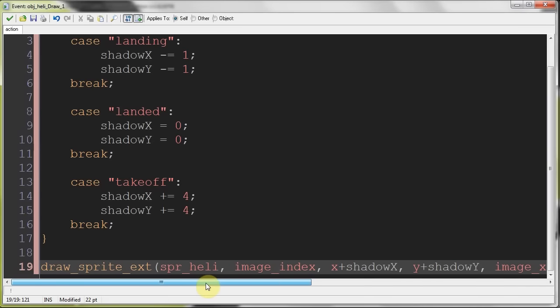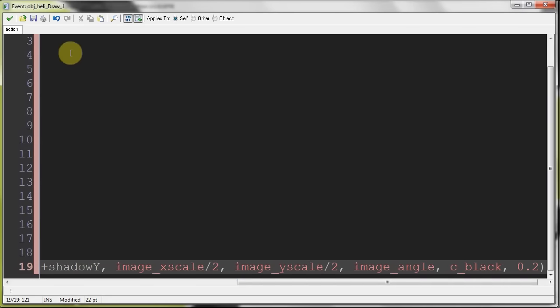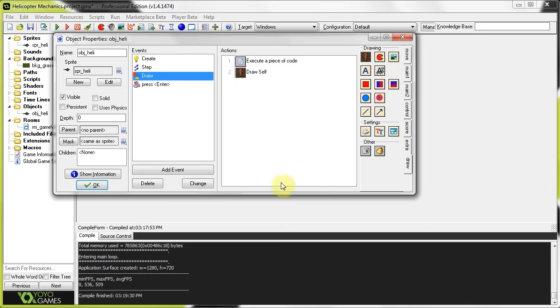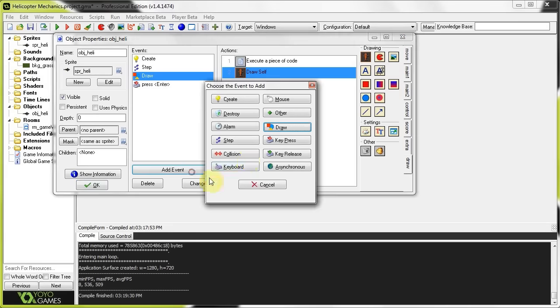Okay, so you see that? Right over there. And then I'm going to cheat and just drag in this draw self. So that's going to draw the shadow, after which it's going to draw my helicopter, and because of the way the draw works, the things you draw first are going to be below the things you draw second. And then for fun, I'm going to add a draw GUI,